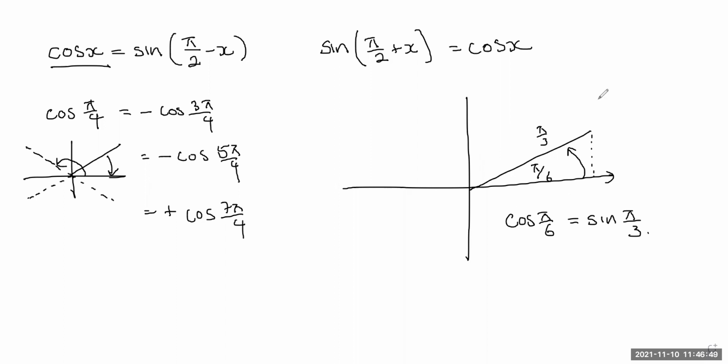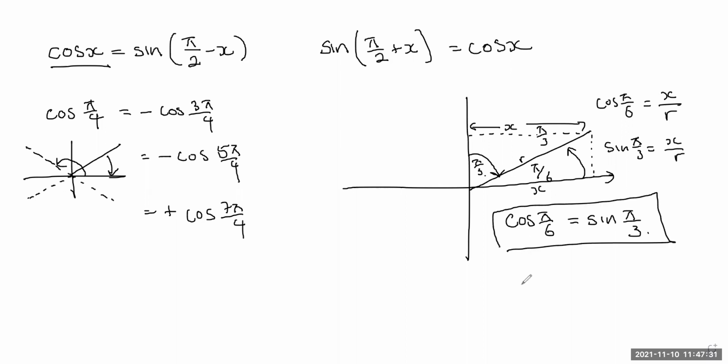Cosine of pi over 6, well, cosine of anything is adjacent over hypotenuse. In other words, x value over r value. If I were to draw the related triangle, the correlated angle of this would be pi over 3. And if I did sine of pi over 3, well, based on this angle, what's my opposite side of the triangle? It would be the x value here. And what's my hypotenuse? It would still be r. So cosine of pi over 6 and sine of pi over 3 give me the same value. Henceforth, I have proven, in that sense, using a simple case,